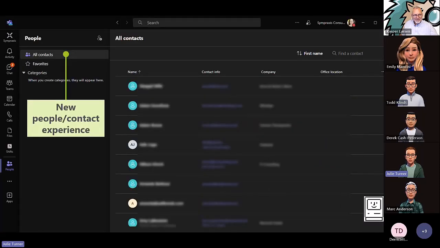Okay, so there is a new people experience. I can't say that I'll ever use this, but essentially using my laser pointer, this here allows you to search for new apps. And if you search for new apps and type people in, then you get this new people experience, which is your contacts, your favorites. You can add contacts here, sort of find them. If you use PSTN calling, you can call people from Teams, all of that.